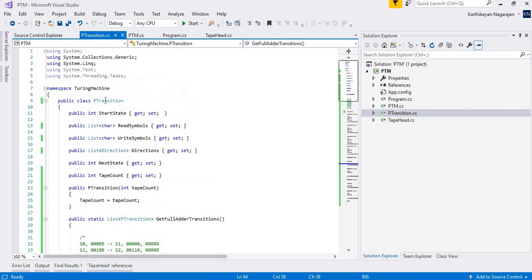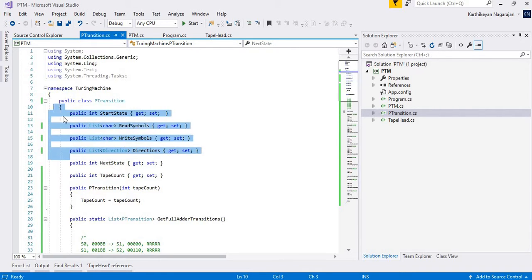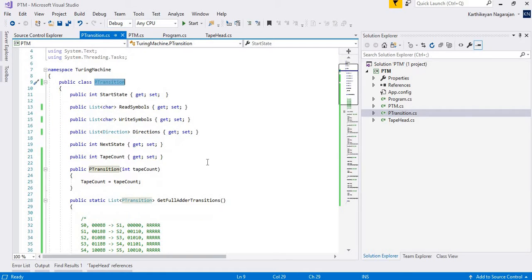The transition is defined by the current state, and when we read the symbol, we have to change the state, write the new symbols, and move the direction. So this is defined in the transition class,